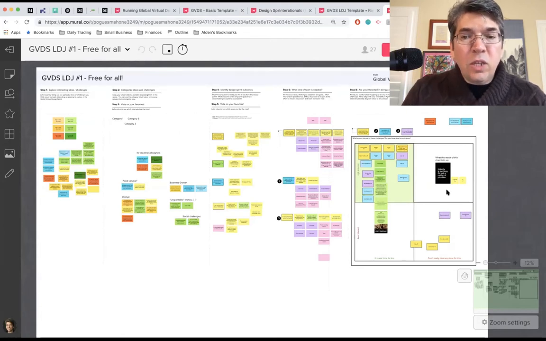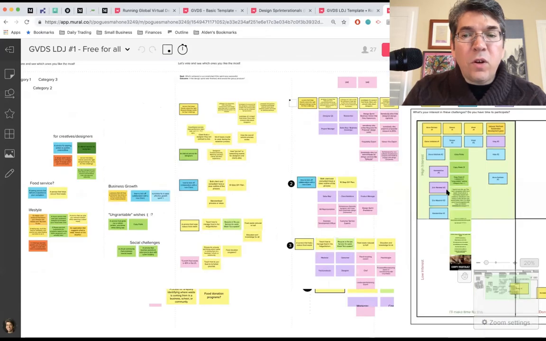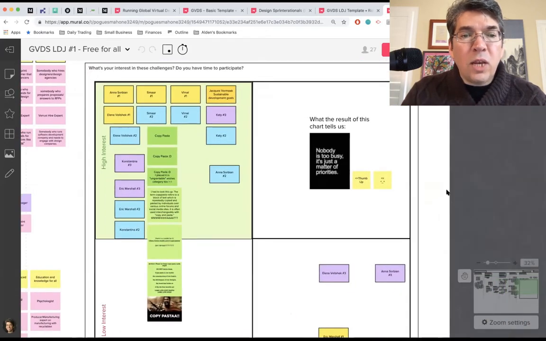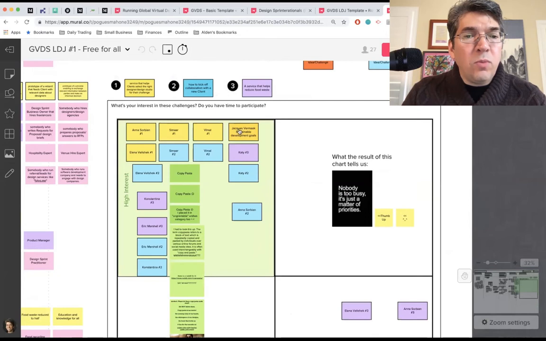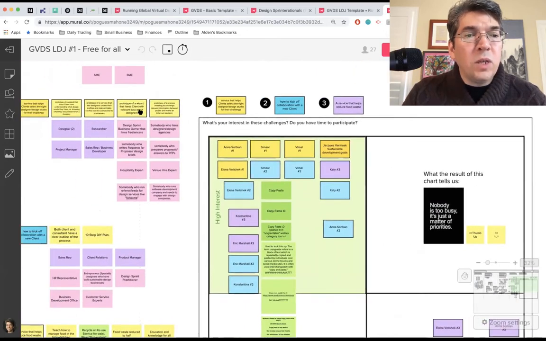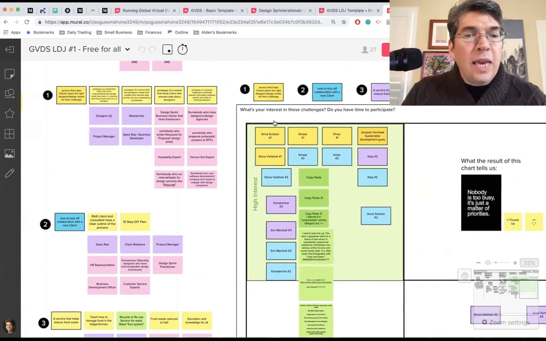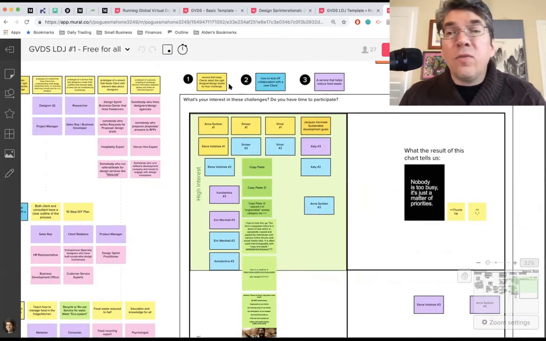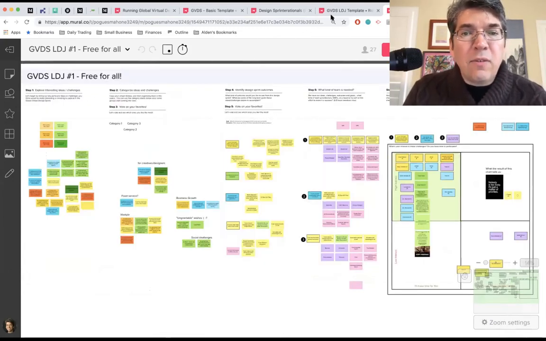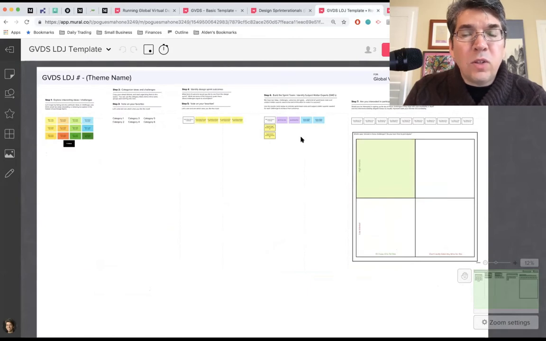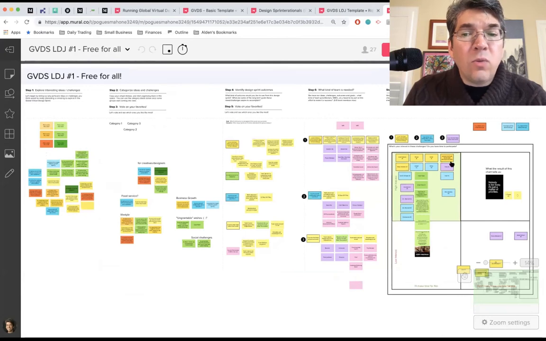And then what was interesting was how people self-affirmed what they wanted to get involved with for the challenge. And this is a good way of starting out and understanding, if this is going to be a challenge in April, what's your interest? What was really interesting was to see how people self-affirmed this particular challenge and got involved with that one right there. And it makes it easier for me when I'm organizing these teams to figure out where people wanted to sit. So that's a before and after. Here's the blank one where we started and gave it to the event and said, run with it. And here's how the LDJ worked out on the Mural side.